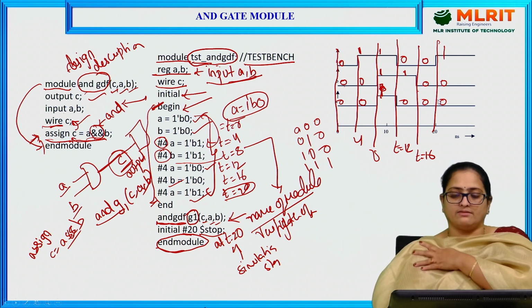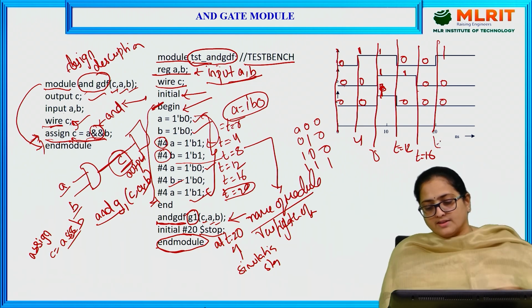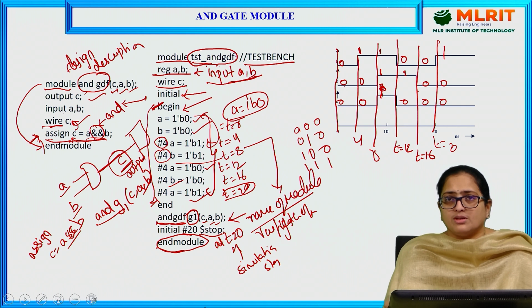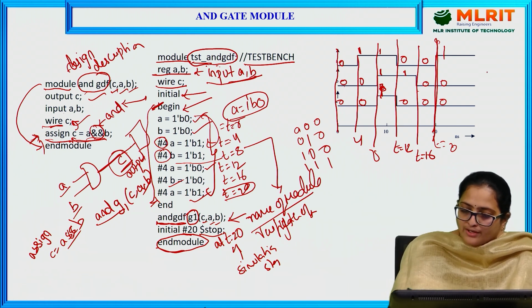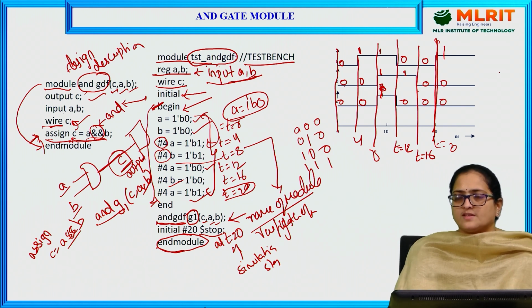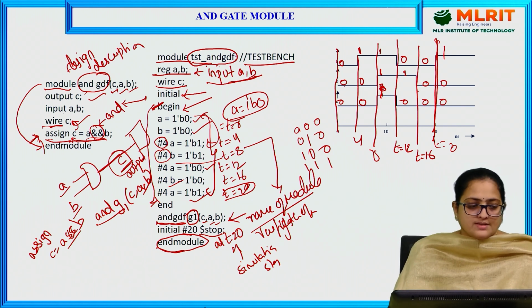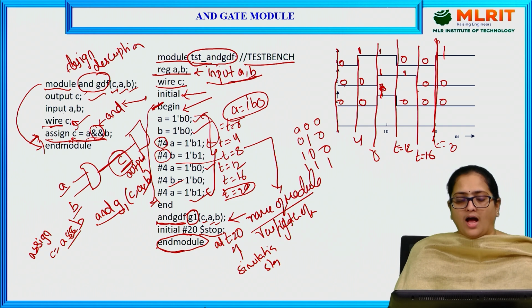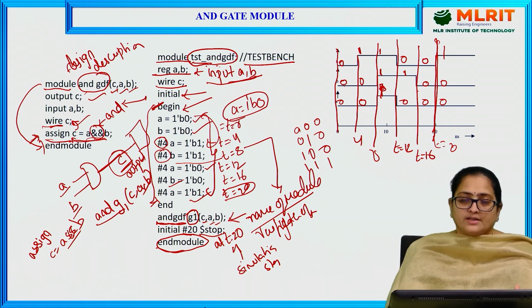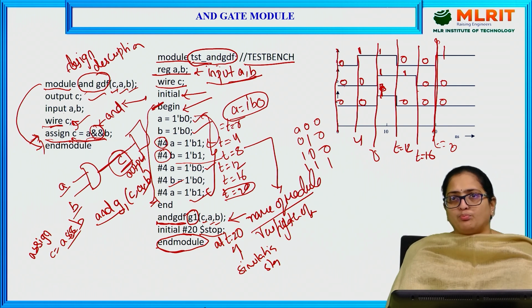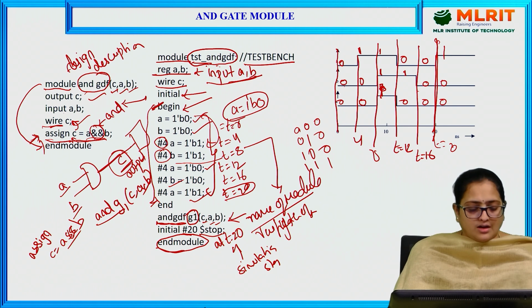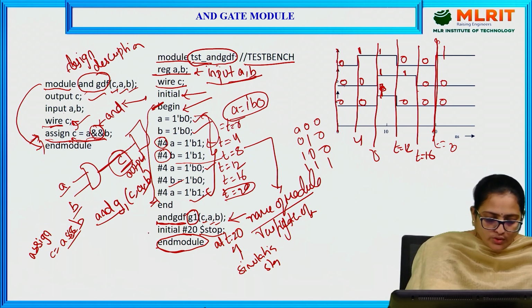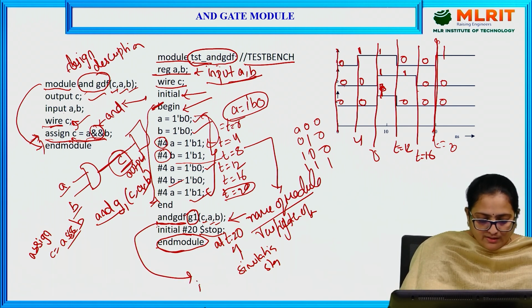Actually, at time t equals 20, the simulation is going to stop. So till this particular point you can see the output, and the remaining you cannot see in the simulator. This is the design description for the simple AND gate and the test bench code for the simple AND gate, and this is the analysis of the test bench code: how to verify your output with respect to your inputs as well as with the time. Here, to monitor these values, you need to write a statement like initial